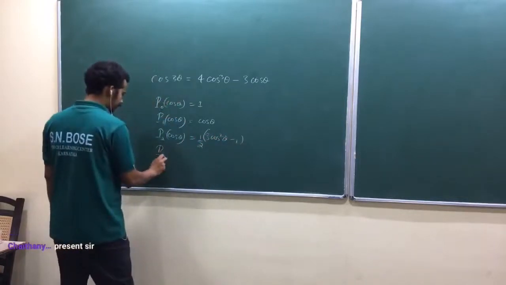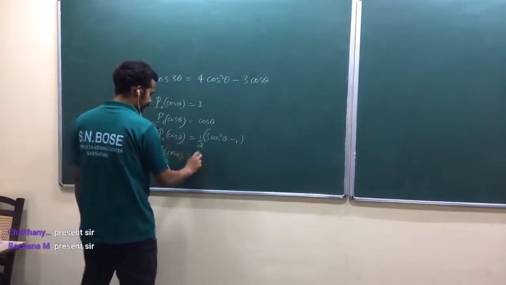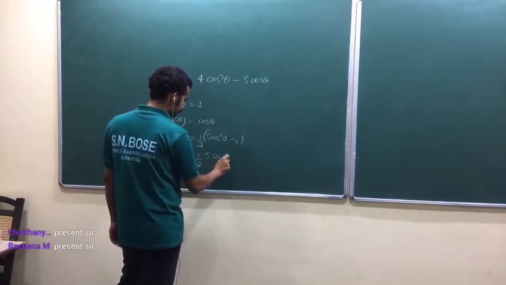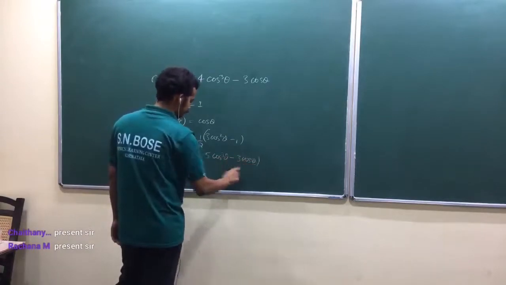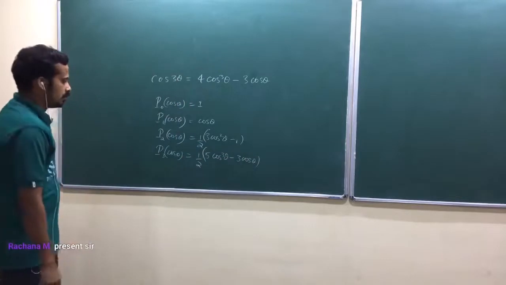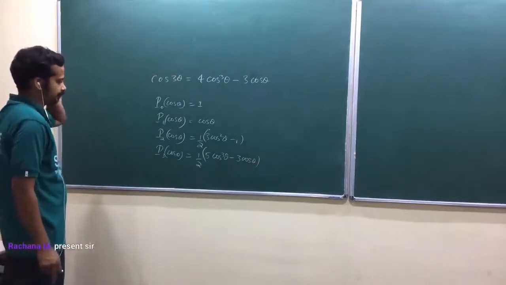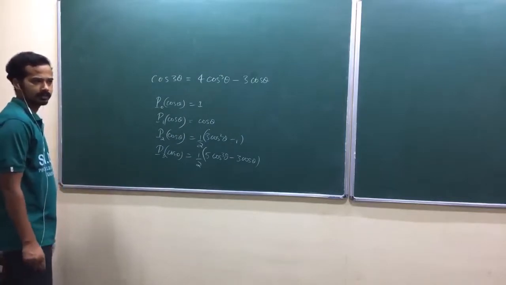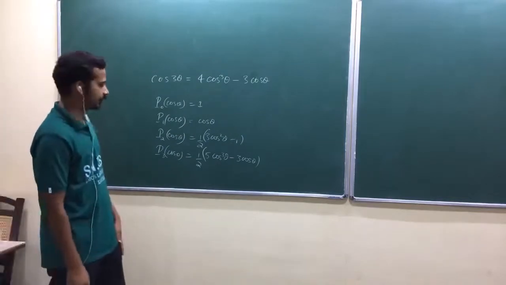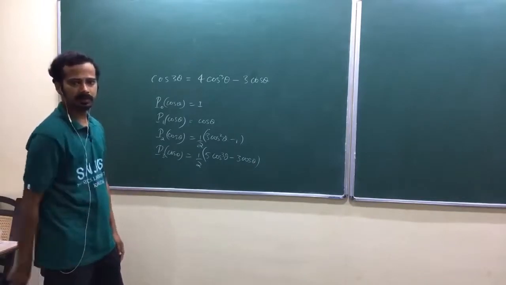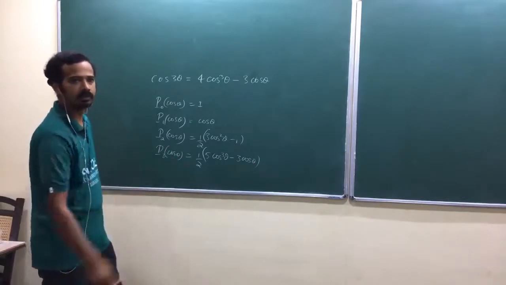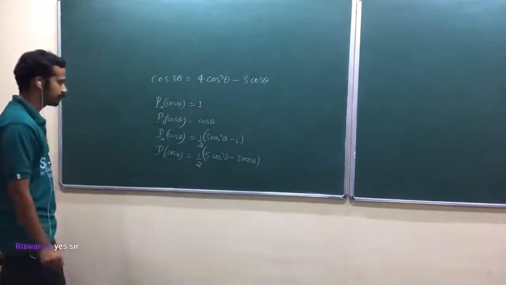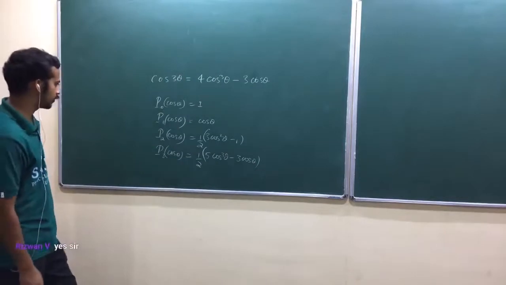So, what is P3 of cos theta? 1 by 2, 5 cos cube theta. So there are questions, I think, in the CSIR exam also. If you write your polynomial in terms of Legendre polynomial, you will get the answer, okay? Now look at here, not this question, potential question. So mathematics question. Anyway, we are going to practice that one later.